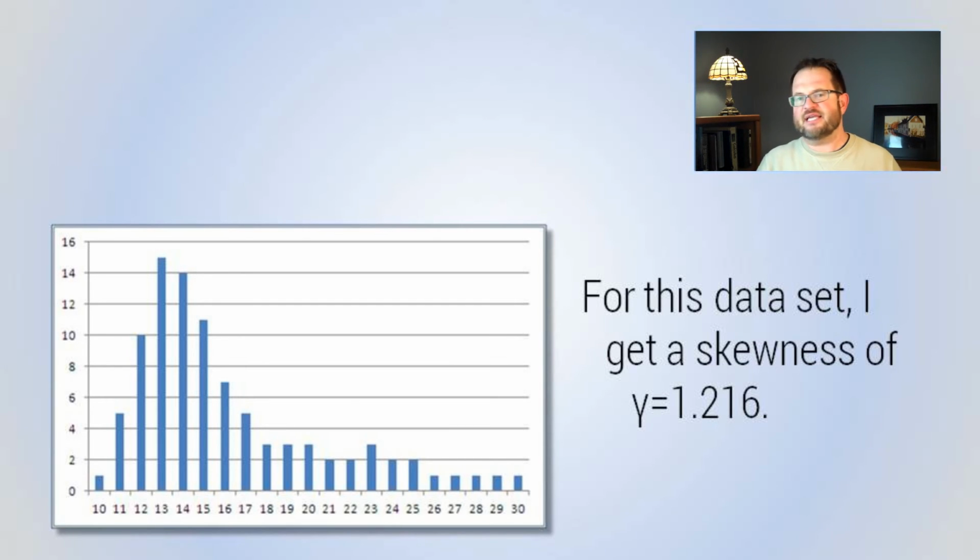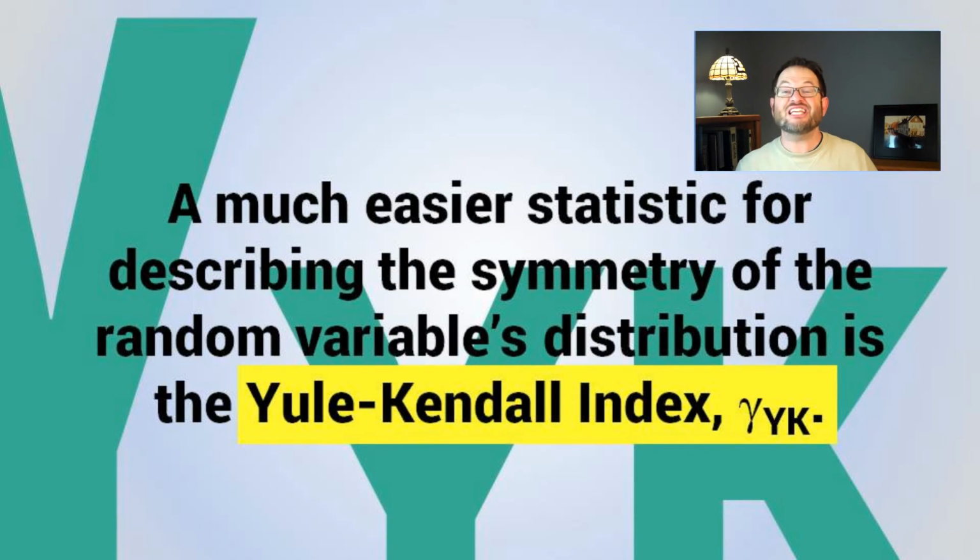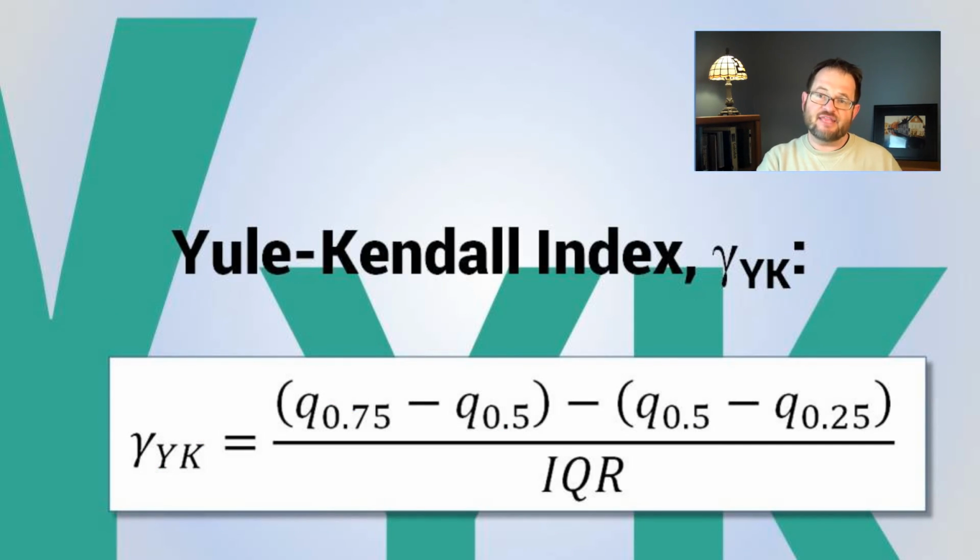There's a whole mess of these kinds of statistics out there. Some of them are easier to compute and some of them are harder. For example, a much easier statistic to compute to describe the symmetry of the data set is called the Yule-Kendall index, which is given by gamma YK. That's awkward, gamma YK. The Yule-Kendall index is just based on the interquartile ranges and so on. This notation of Q.75, that's the 75th percentile of the data, and then Q.5, that is the 50th percentile, and then Q.25, that's the 25th percentile,